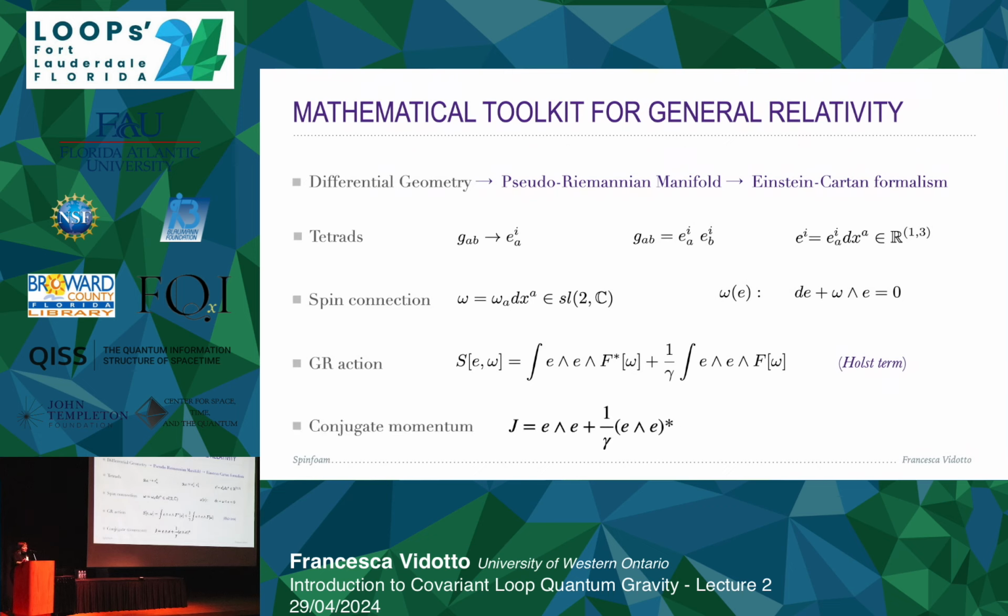That means writing it with this term that's called the Holst term. So I have this action, and you can see this action is written in terms of the tetrads and the spin connection. And in fact, I have the object here that is the F, that is my curvature tensor,